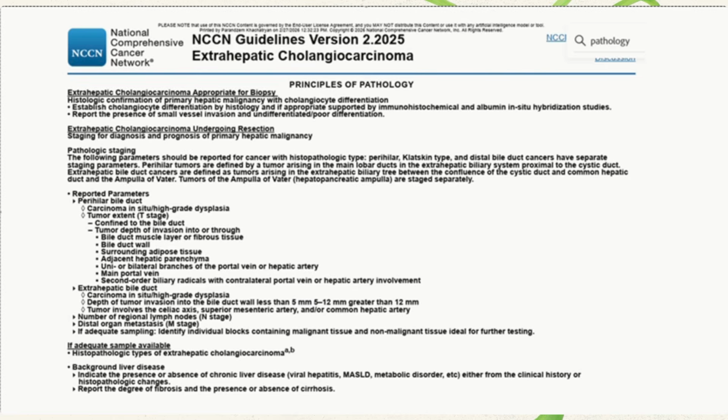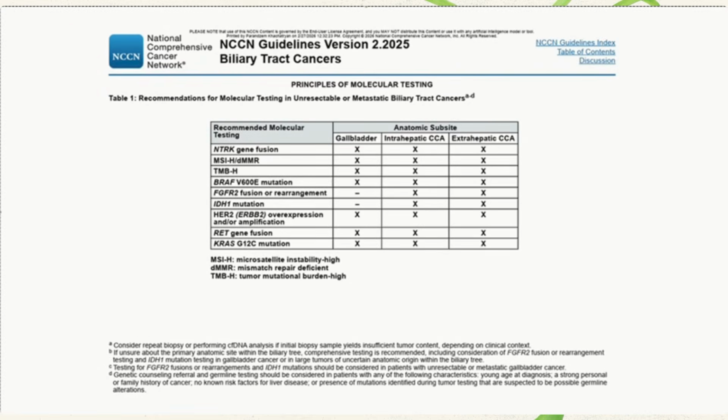Today, molecular analysis has become one of the most important components of tumor evaluation. An increased understanding of the biology of cholangiocarcinoma based on next-generation sequencing of tumor tissue has identified molecular subgroups harboring actionable mutations, with the accelerating emergence of novel treatment options, such as FGFR2 fusion and TRK fusion and IDH1 inhibitors, for example, with many others under evaluation. For 2025 NCCN guidelines,